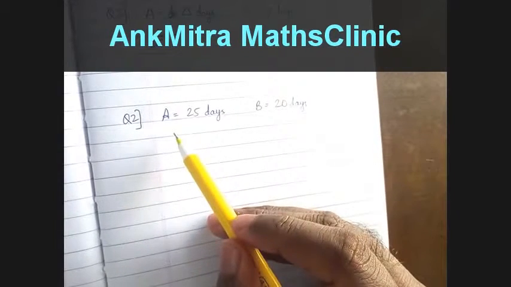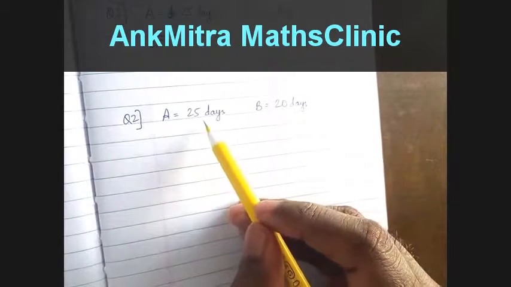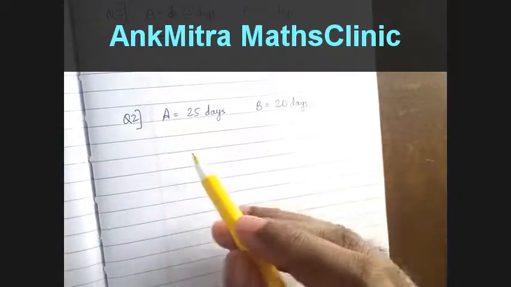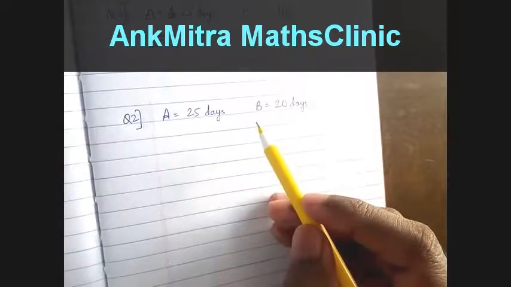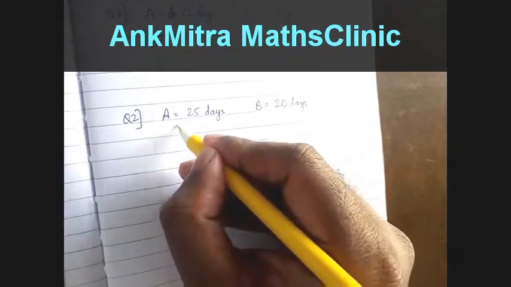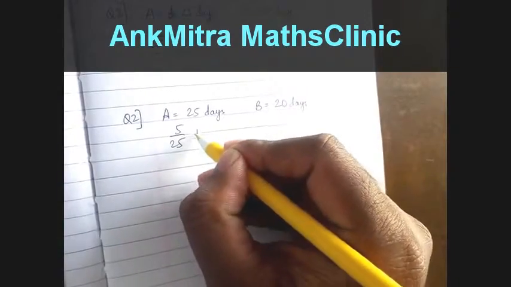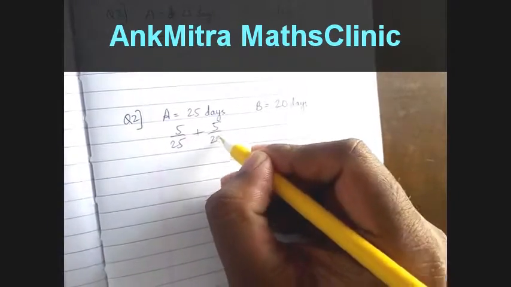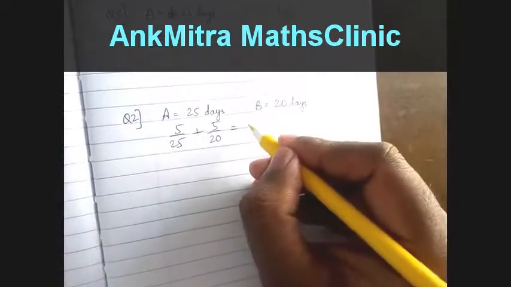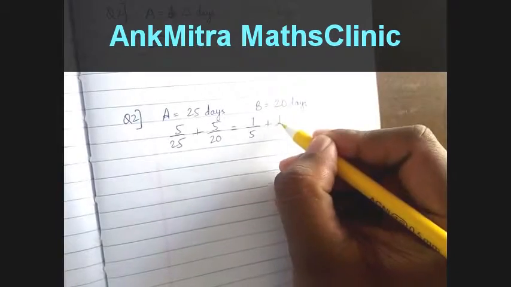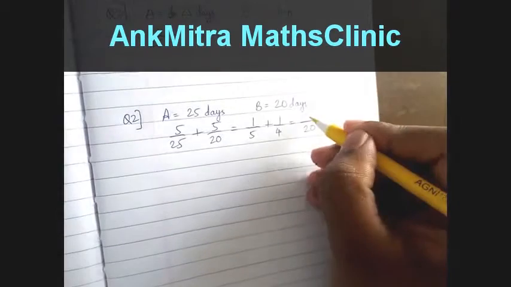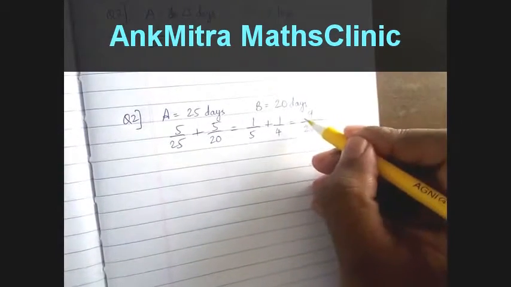In the second question, it is mentioned that A takes 25 days to finish a particular work. For the same work, B takes 20 days. Okay, and these two people work together for 5 days. So in 5 days, A will finish 5 by 25 part of the work, while B will finish 5 by 20 part of the work. So together, they will be finishing 1 upon 5 plus 1 upon 4, which is equal to 9 by 20 part of the work